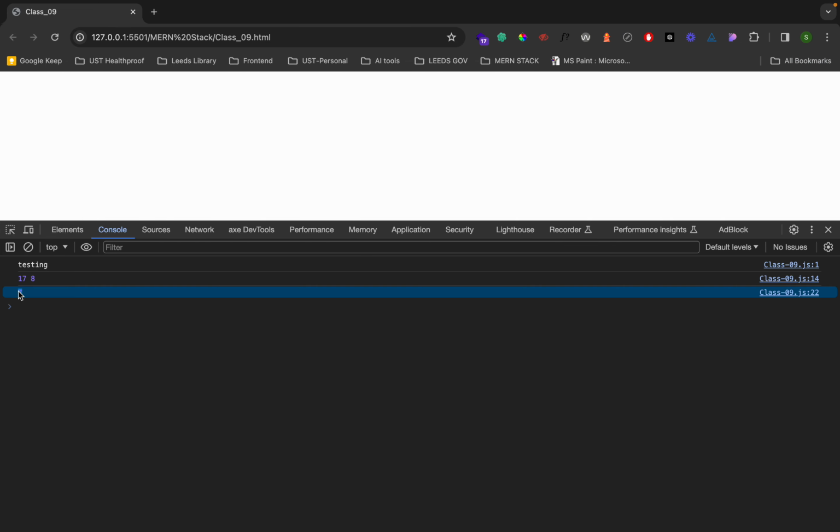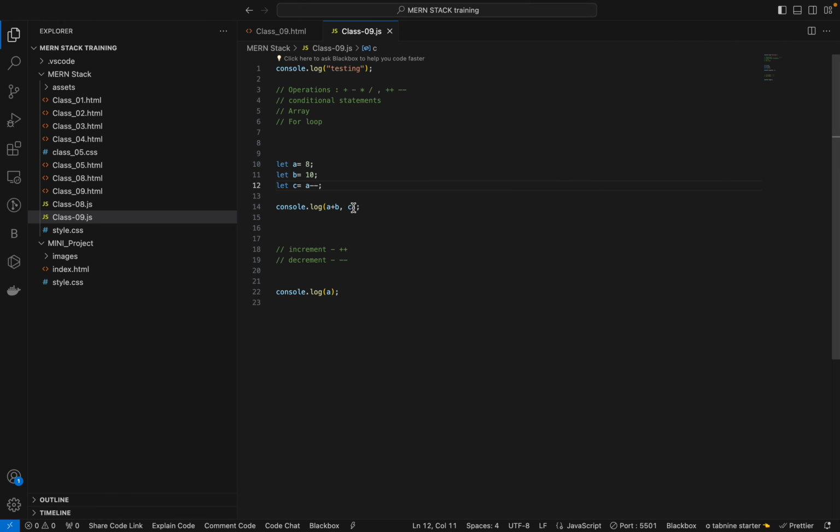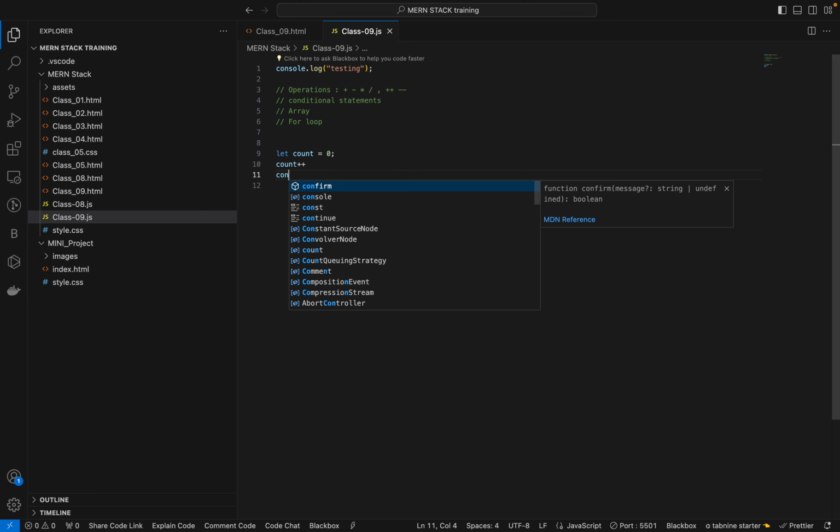See, plus or minus is nothing but adding or subtracting. Increment means adding plus 1, and decrement means adding minus 1. So let's give another example. For example, I will use let count equal to 0. Then I will increment it, count plus plus,